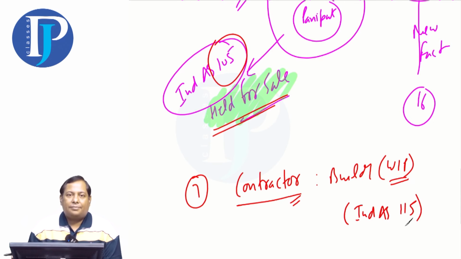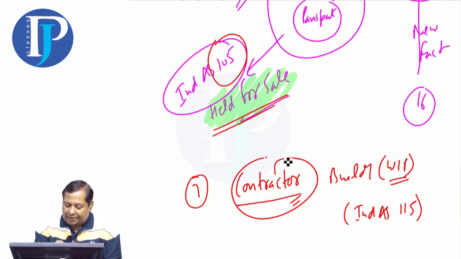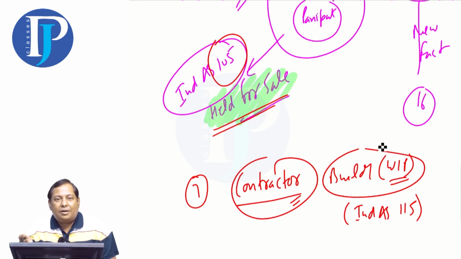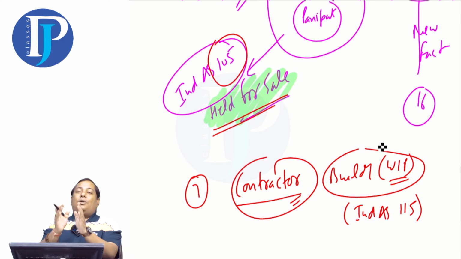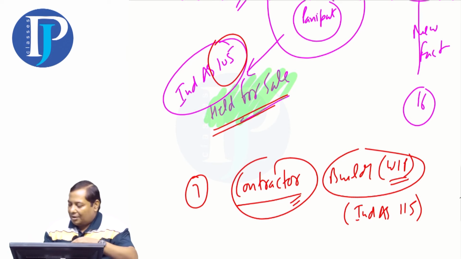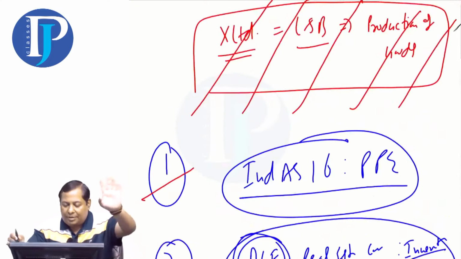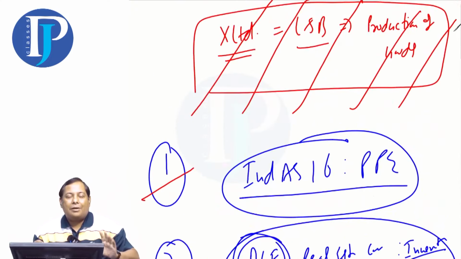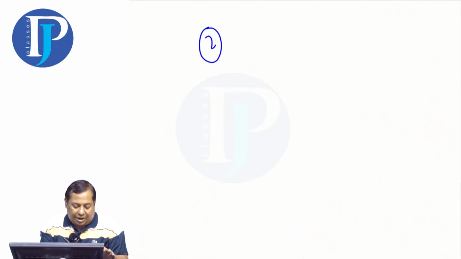Revenue from customers. The contractor's work is currently in progress. This WIP will be dealt with in Ind AS 115. So you can see, for dealing with land and buildings, how many Ind AS do we have? However, we are not going to study any of these right now. Why so? Because I have started with Ind AS 40.